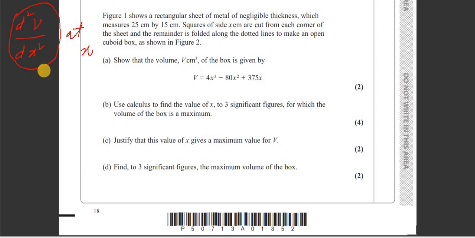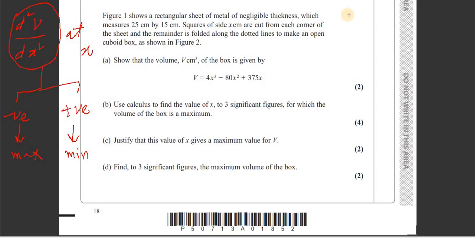So if d2v by dx2, the second derivative, comes out negative at the found value, that means the function is maximum. And if you find the second derivative is a positive value at the found x, then your function is minimum. So if you see,